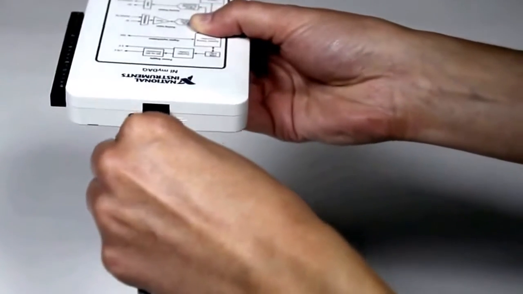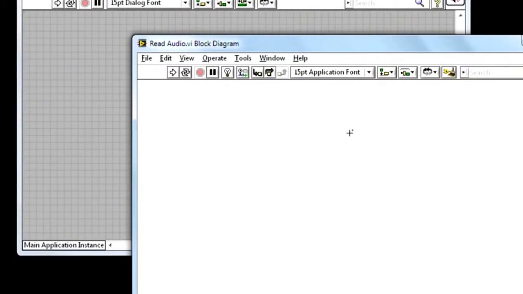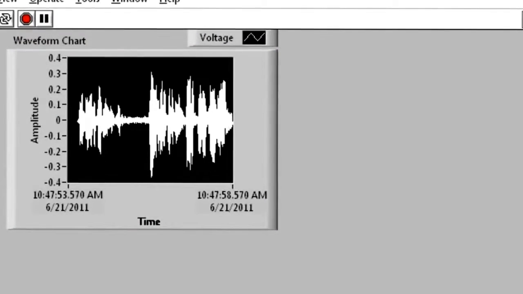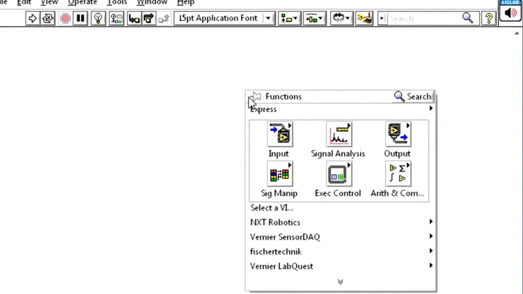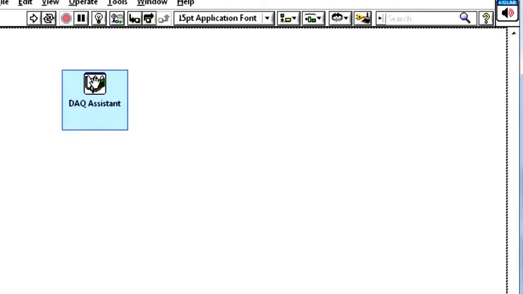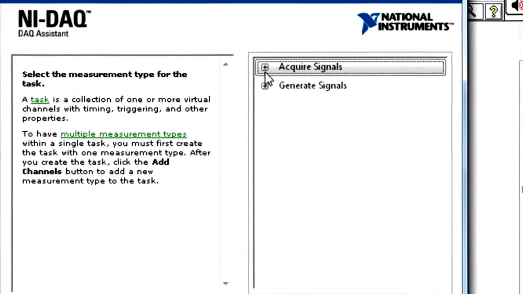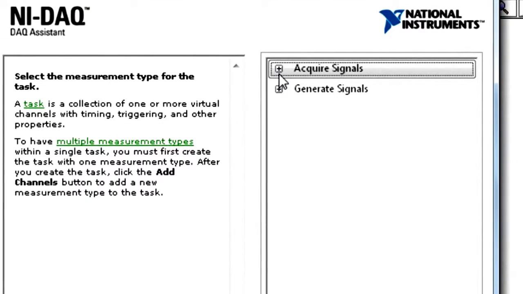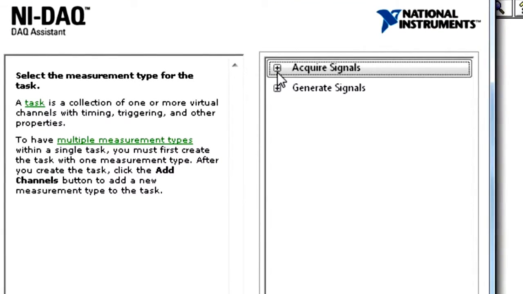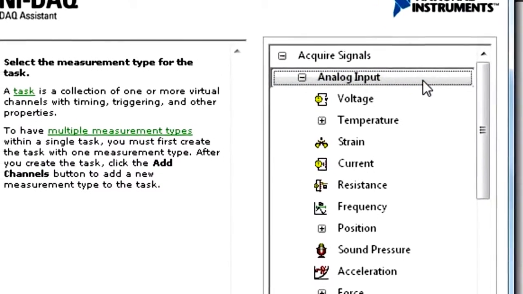Once you connect your MyDAC, you can read or write any signal using LabVIEW. To get started, we will make a VI that will read in the audio signal and display it on the screen. On the block diagram, we can right-click and browse to the DAC Assistant. This will allow us to connect to the MyDAC. Drop the DAC Assistant on the block diagram and it will automatically open up a configuration tool. For input, we will select Acquire Signal. For output, you can select Generate Signals. In this case, we would select Acquire, then Analog to read the sound signal.